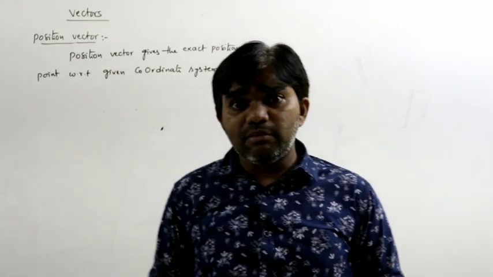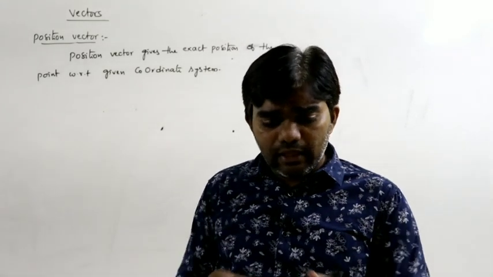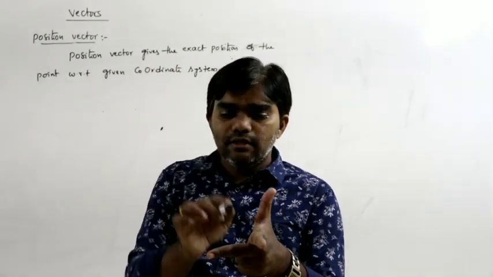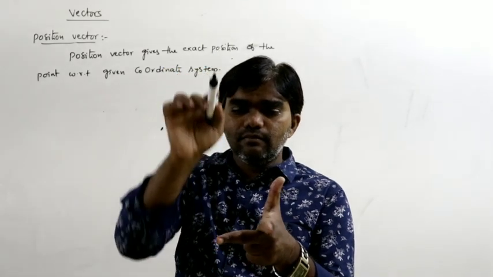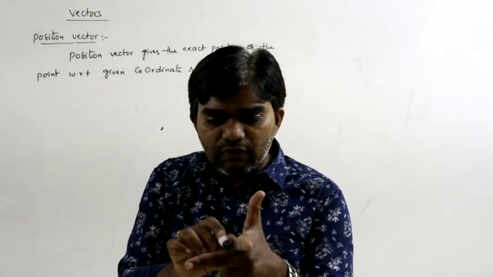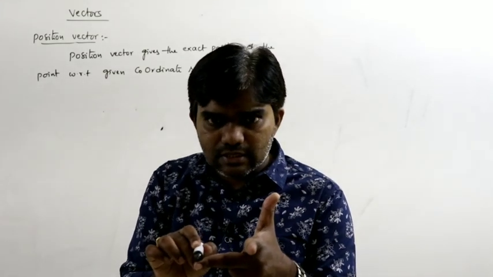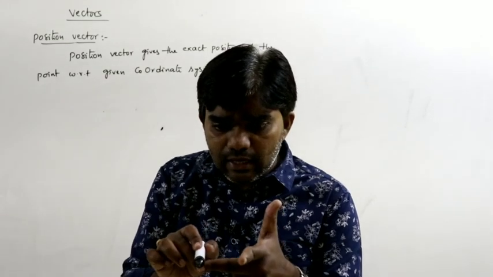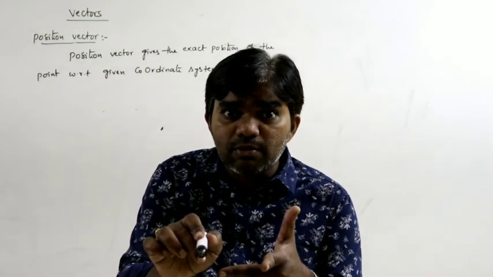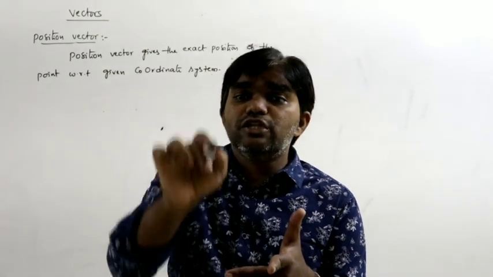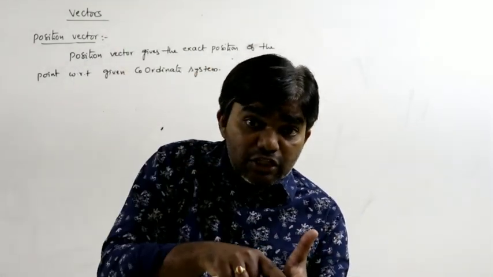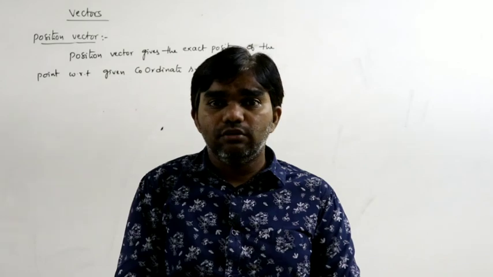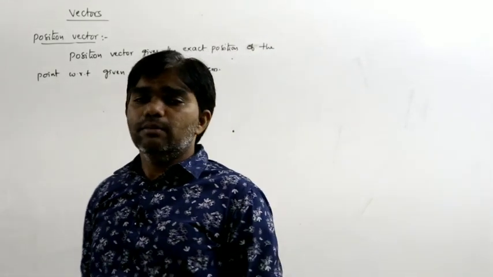The second vector must start from the final point of the first vector. Here we are considering 3 vectors, along the x axis, y axis and z axis. The first vector starts from origin O. This is x. The second vector must start from the final point of the first vector, let us say it is y. The third vector must start from the final point of the second vector, that is z. The line joining the starting point of the first vector and the ending point of the third vector gives the position vector.